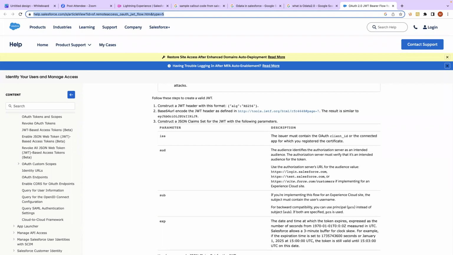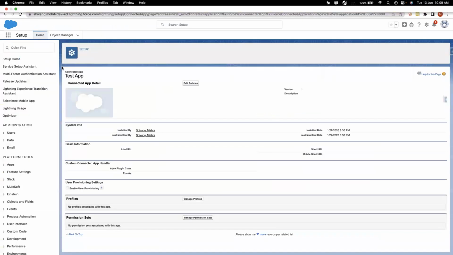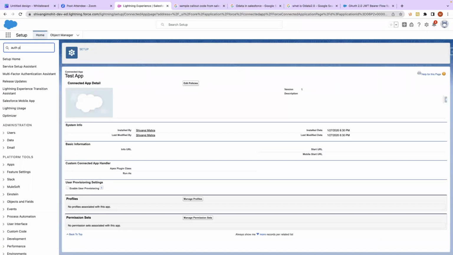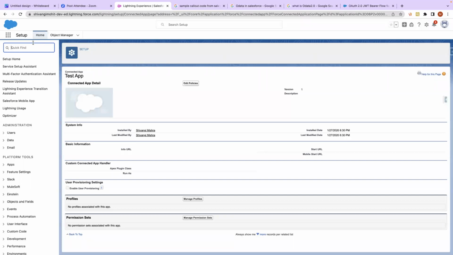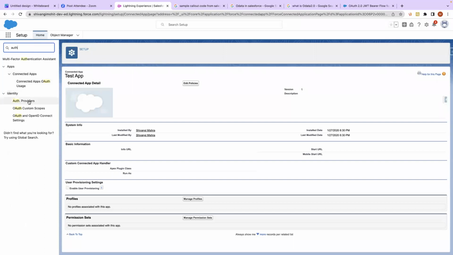Yes, we should use the named credential. What the manager needs to do is create an auth provider. When we create an auth provider, we do the authentication on Salesforce itself. Let me show you. So if I create an auth provider,